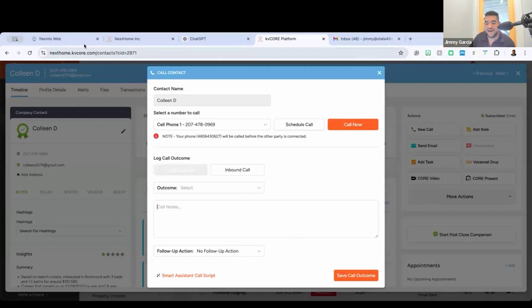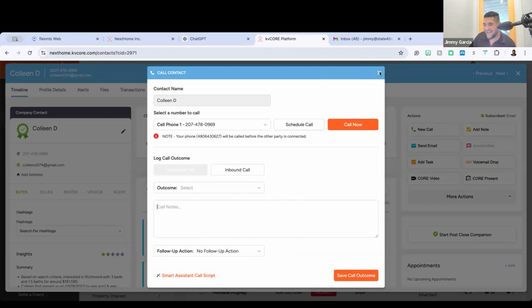Okay. This should be on everybody's database. This is not an extra paid feature. This is the bare minimum. You should have access to this. If you do not have the ability to hit new call, that means they unsubscribed and put themselves on the do not call. So if they tell you never call me again and they flag that, don't stop calling, you're not going to see that option. So that's the only reason you would not see it. But if you can call the person, you will see Smart Assistant call script right there.